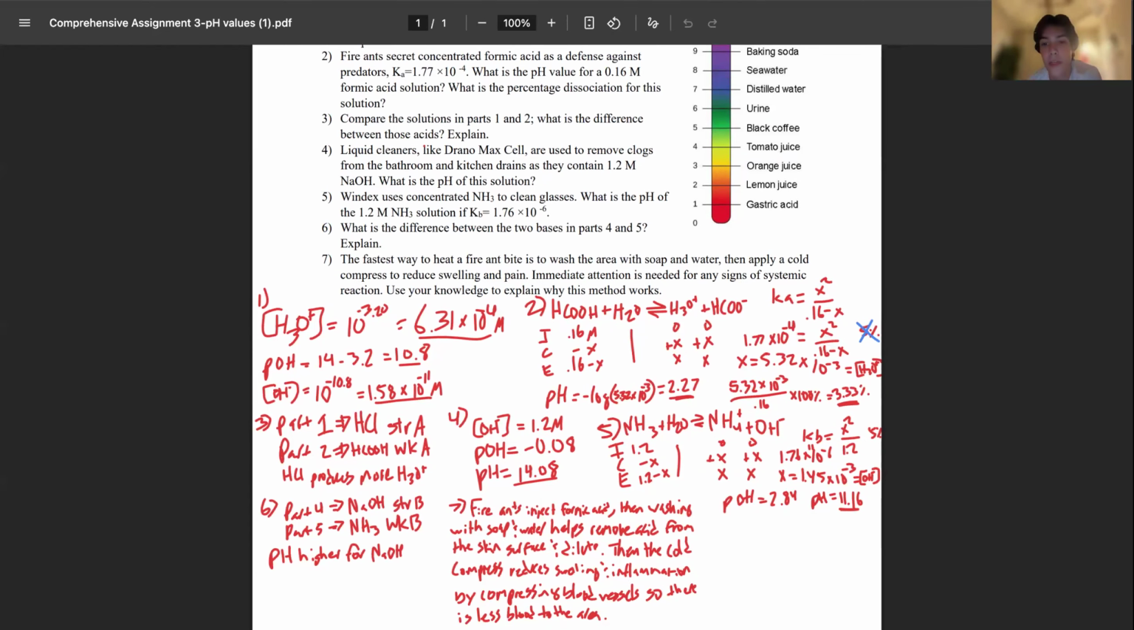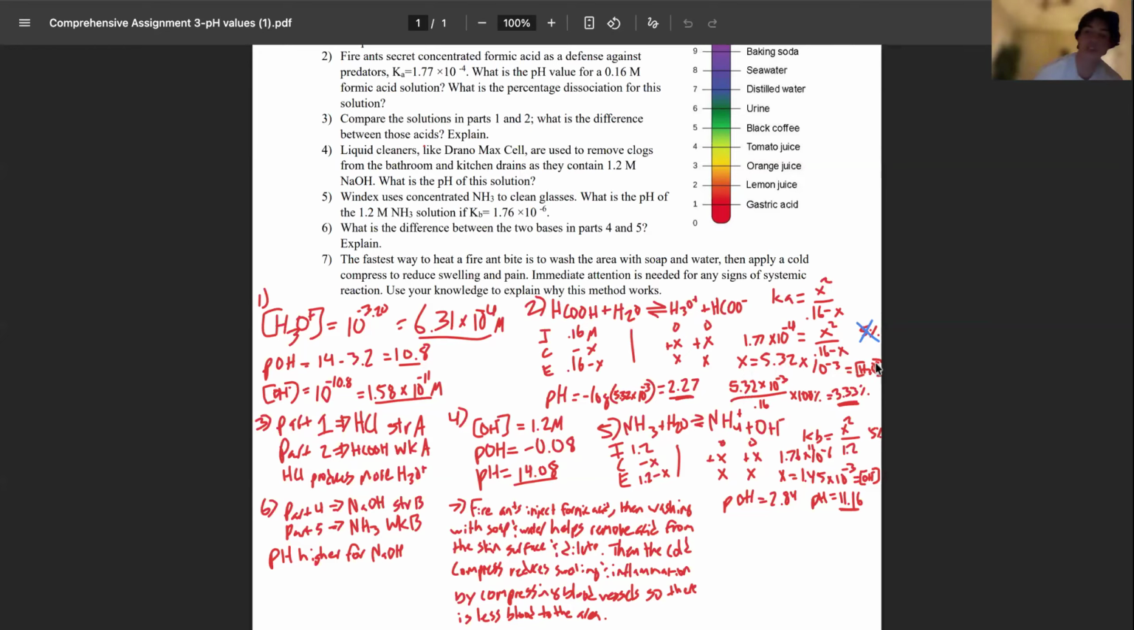It gives you the X value of 5.32 times 10 to the power of negative 3. I also want to mention that you don't use the 5% rule here because this value, 1.77 times 10 to the power of negative 4, doesn't work, because it's not to the power of negative 5 or more. But yeah, I put this into the calculator to give me the X value, which is also